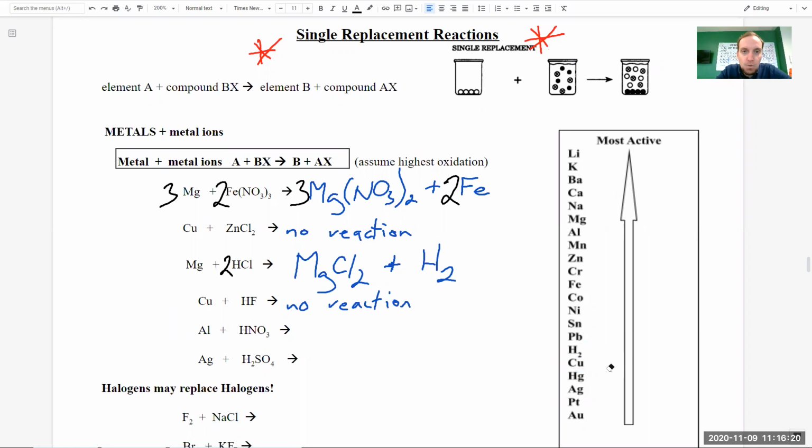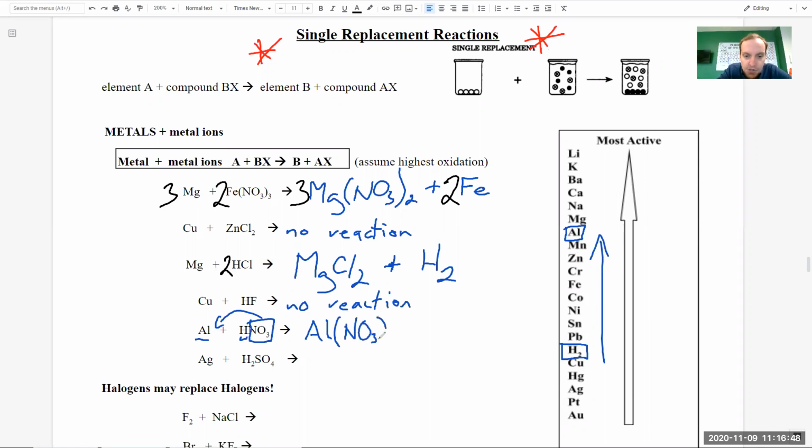Okay. The next one we have is aluminum and nitric acid. HNO3 is nitric acid. So again, our two things we're going to look at is aluminum. Aluminum is right here. Hydrogen is right down there. So again, aluminum is more active. So aluminum is going to want to steal the nitrate. So that's going to give us